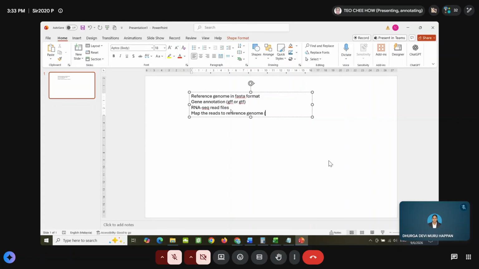So in our case, we are using HISAT2, one of the aligners, right? Once you finish all the mapping, the second thing is you want to count the sequence features. So in this case, we count the sequence features of exons using featureCounts. Once you have that, this will generate the count matrix.